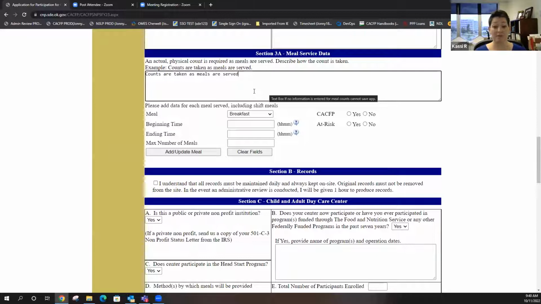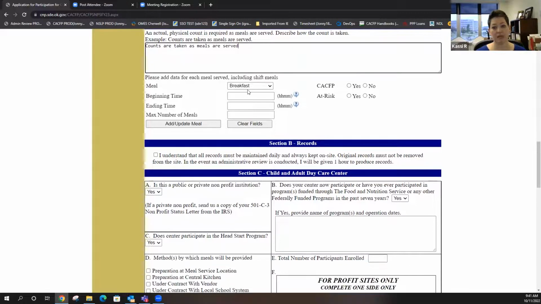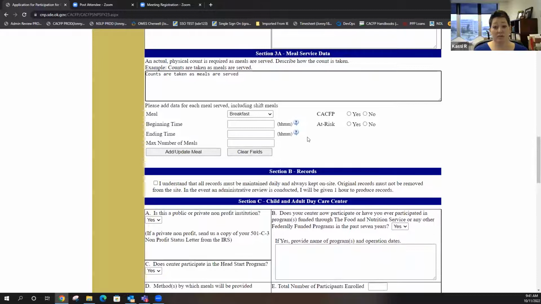because this needs to match how you're operating. We're going to come out and make sure how your counts are being taken. And really the only wrong answer you can have here is counts are based on attendance. That's the wrong answer. You can't just take attendance and then do your meal counts. You guys know that. So I would encourage you that if you currently see this here and that's all that's there, give us a little bit more.